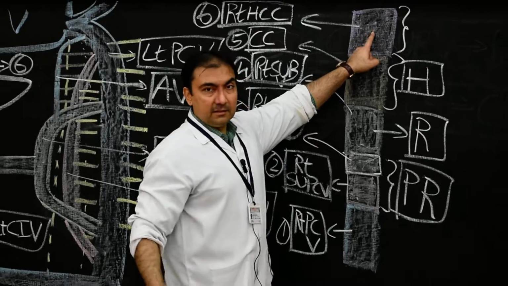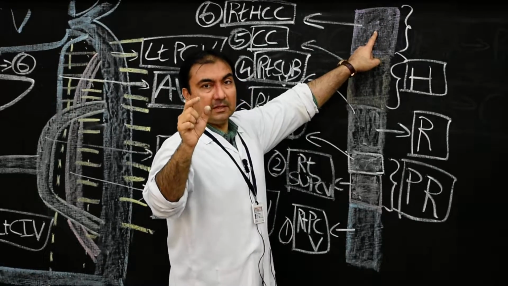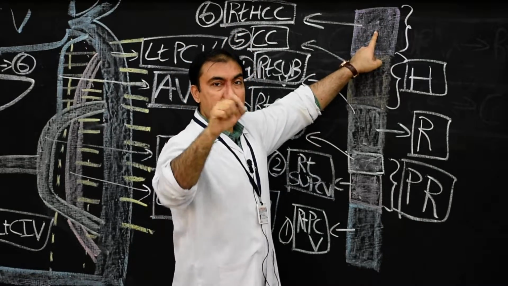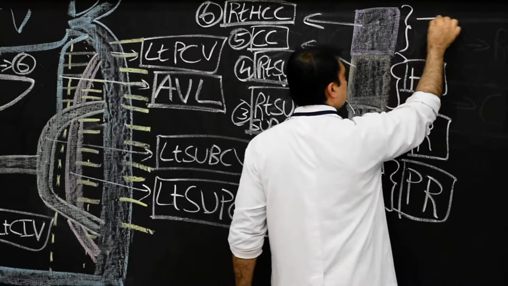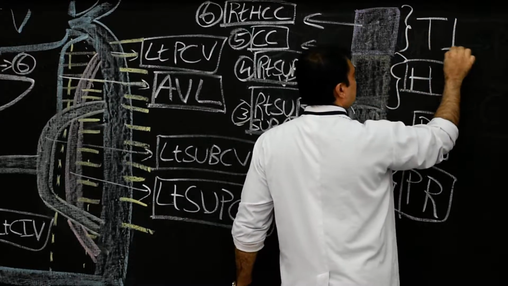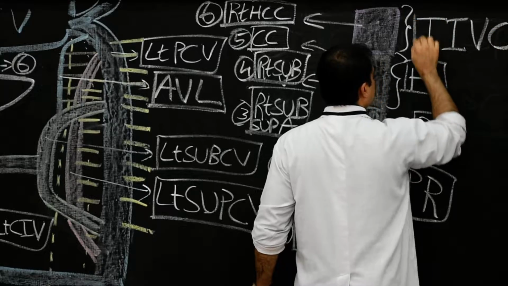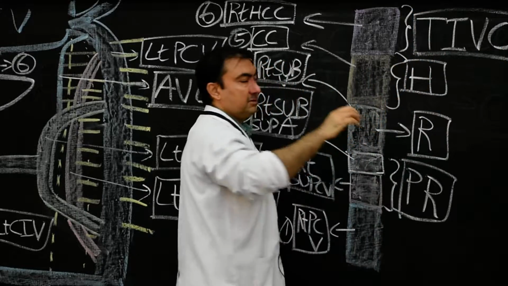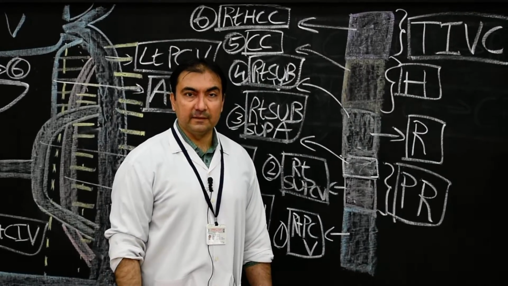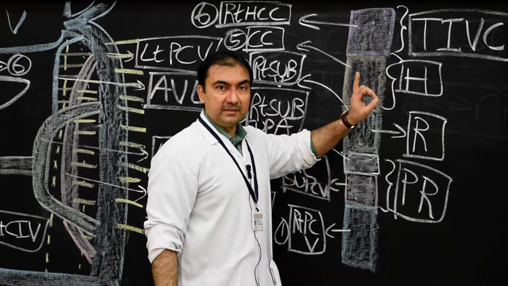Right hepatocardiac channel. Once again I will repeat. Right hepatocardiac channel, the terminal most part of the right vitelline vein, is known as the terminal most part of inferior vena cava. Either it is called terminal most part or it is known as the cephalic portion of the inferior vena cava. Please note down these 4 segments.